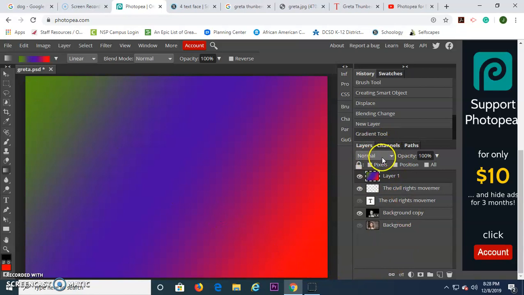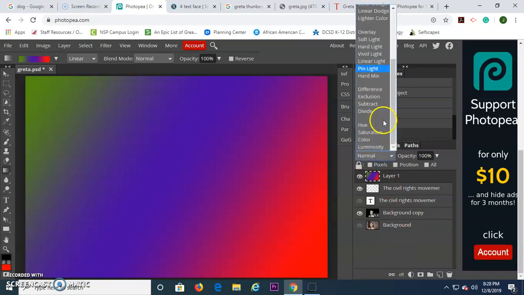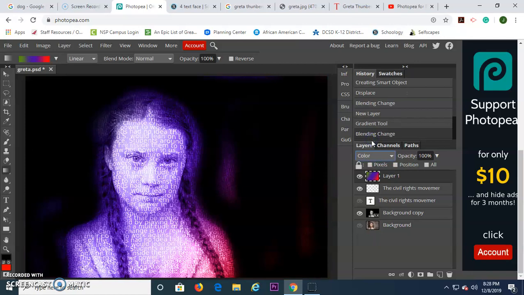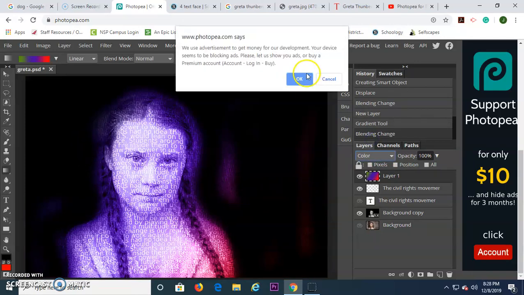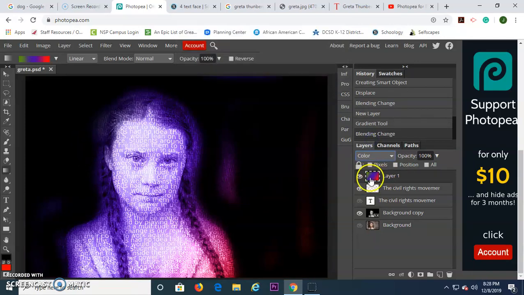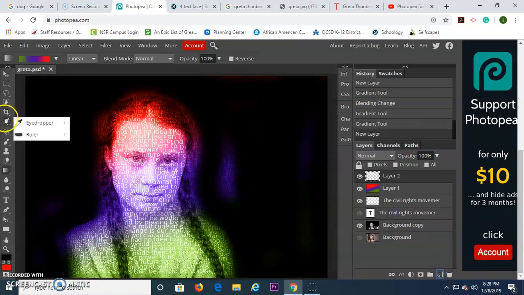I'm going to change the blending mode of this layer. I'm going to go down to color, and you see that all the colors that I had on my gradient layer get applied to all the layers underneath. I'm going to just try and put a little bit more color into that. That looks awesome. We're going to make another layer,